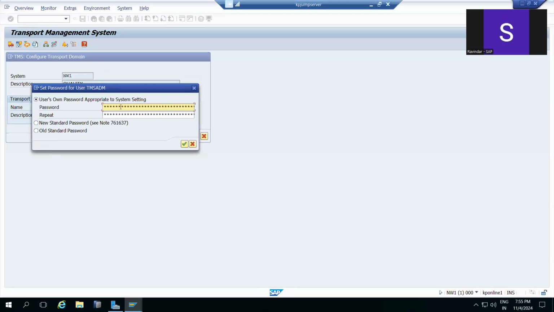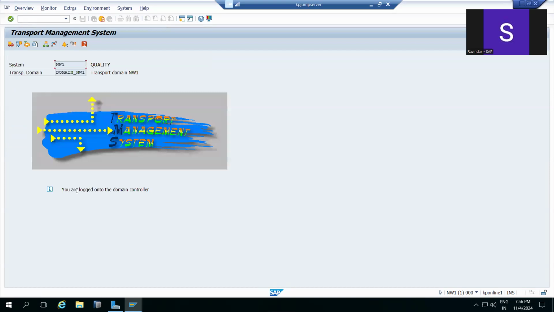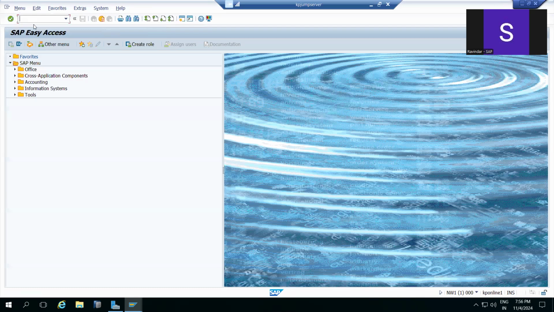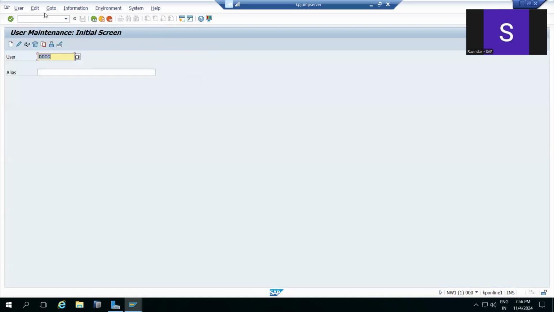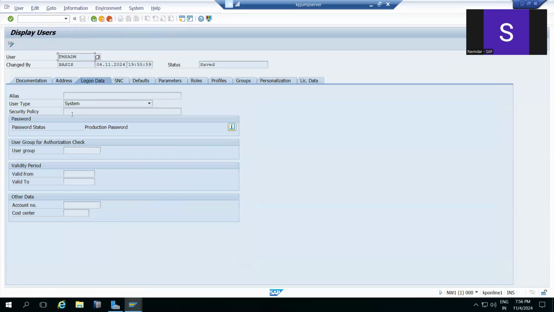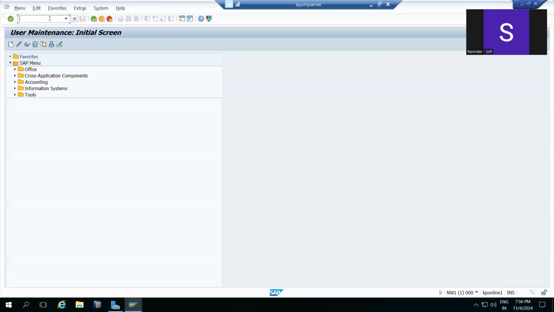Here the TMS ADM user is getting created. We have given the password for that user, right? Password is done, then you are logged into the domain controller. You see here one user in the 000 in SU01. You can see the TMS ADM user, and you can see this user got created today, right?